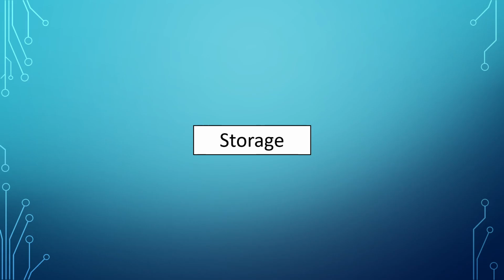Memory is sometimes called primary storage, and storage devices like hard drives, DVDs, and USB drives are sometimes called secondary storage. Again, most people just call them storage devices or hard drives. The same concepts from memory will apply here as well. Storage devices work on binary principles and are measured in megabytes and gigabytes, just like memory.